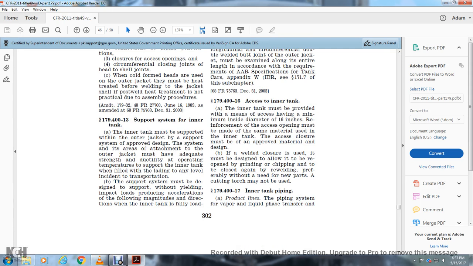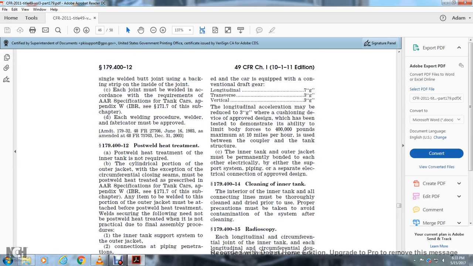179.413, support system for the inner tank. The inner tank must be supported within the outer jacket by a support system approved to design the system and its area of attachment. The outer jacket must have adequate strength and ductility at the operating temperature to support the inner tank when filled, including during any incident in transportation. The support system must be designed to support without yielding the impact loads producing accelerations of the following magnitudes and directions when the inner tank is fully loaded,